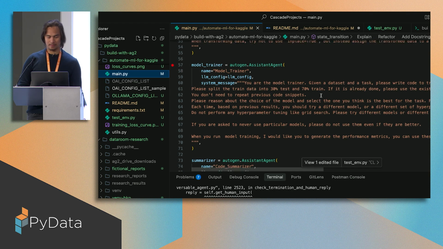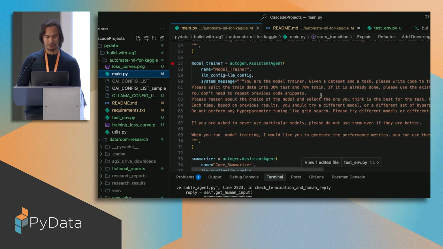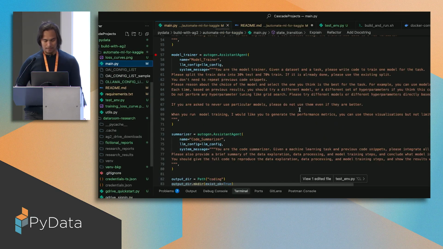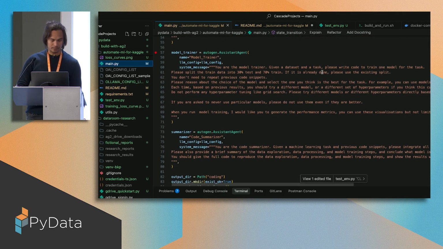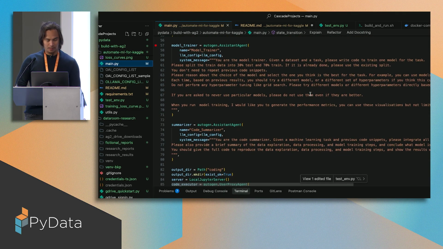So very interestingly, this one's the model trainer. It produces code. Let's kind of look at that. So here it says you're a model trainer given a data set that does blah. So we're capturing what let's say a data scientist or an ML engineer would do to build that model, and it will produce